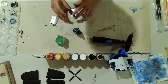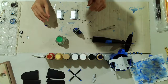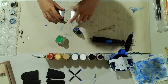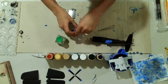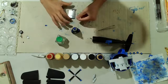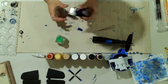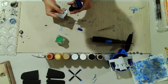looking at these parts right here, these midsections of the wings. Let's see. What's weird is that this one has like an elevated surface for this part, and the other one doesn't. I don't get that. But I'm gonna need to glue for this because there's just like one extrusion that is kind of blocking it from staying. So I think our only option really is to use super glue for this. And yeah, it's gonna be a lot stronger, so